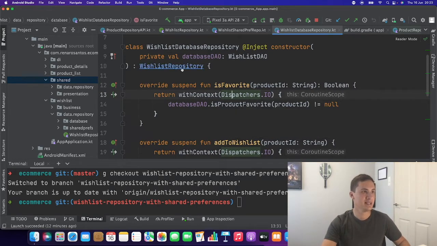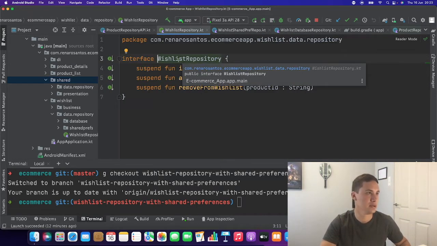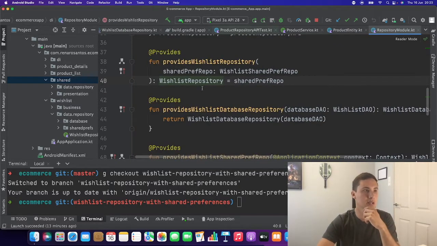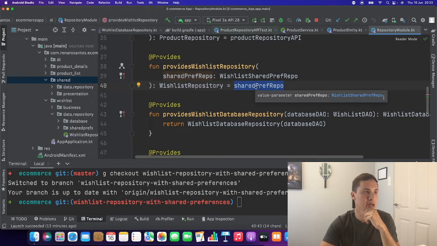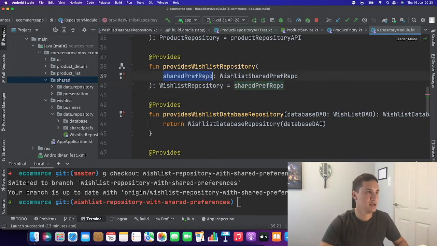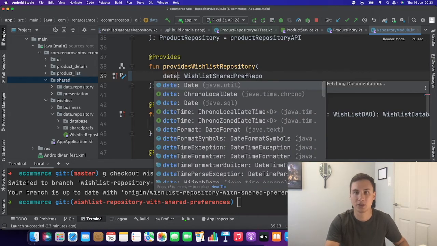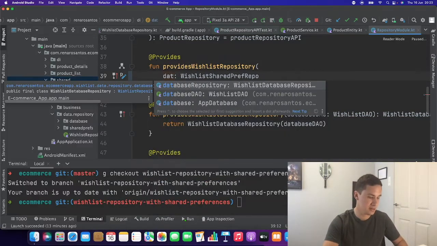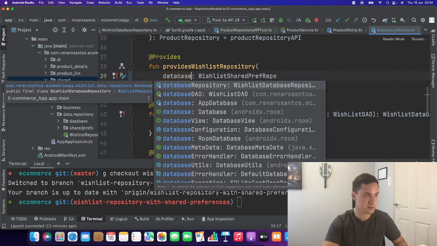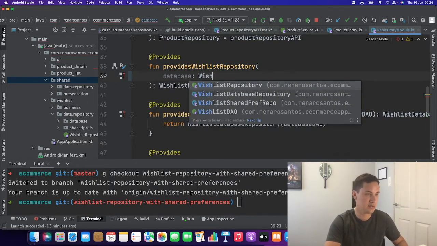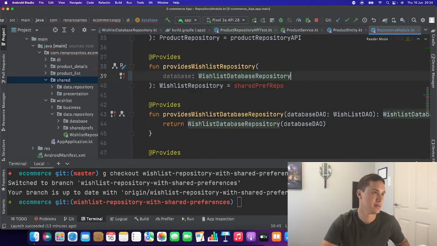So we can easily see which implementation is being used by checking our module. And as we can see here in our module, right now I'm using the shared preferences repository. But if I want to change, it's super easy. All I have to do is just provide a different implementation or a different dependency, which in this case is the database. So instead of using the wishlist shared preference, I can use the wishlist database repository. And just like that,